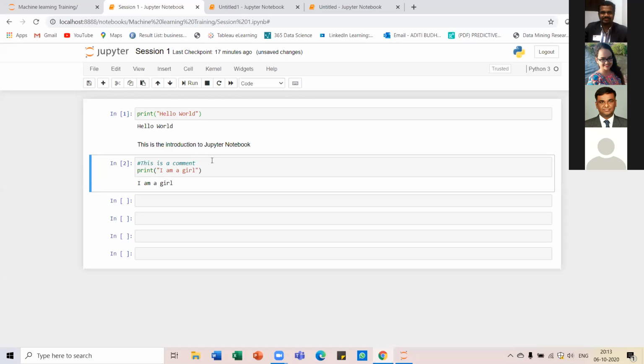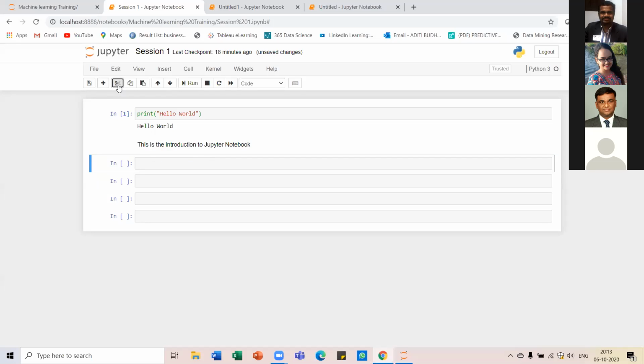Nandu has a question: how to delete a cell? See, do you want to kill the world now? Nandu, we will do it for you. You can do this. Just beside the option to insert a cell is the option to delete a cell. So just use this and it is gone.